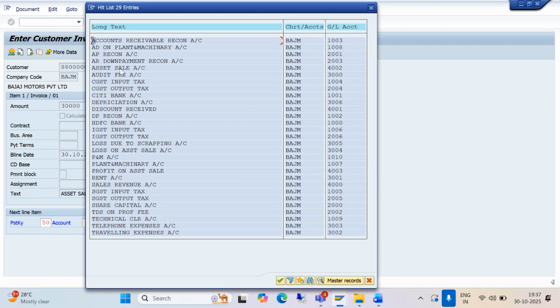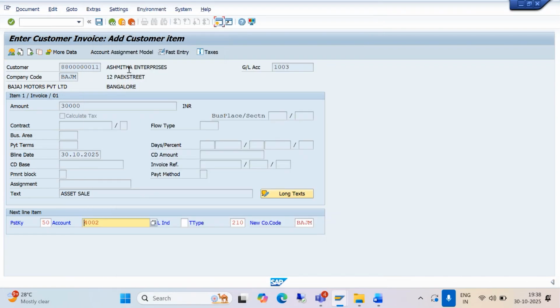We have created it as a plant and machinery asset, no? P&M, yes, 1010. And I have removed that reconciliation account also. Why is the system behaving like that? I don't know. So if you go for the asset sale also,